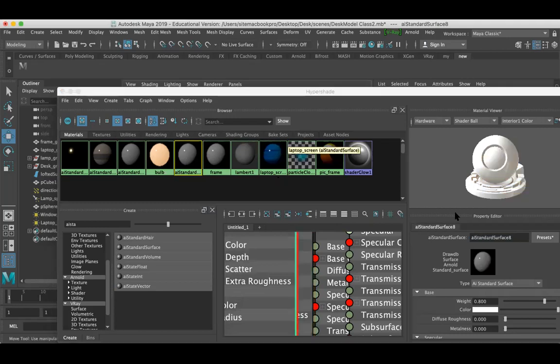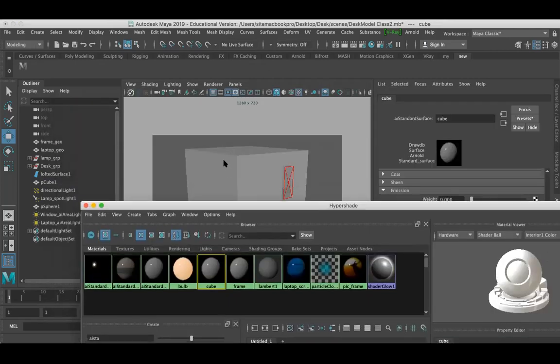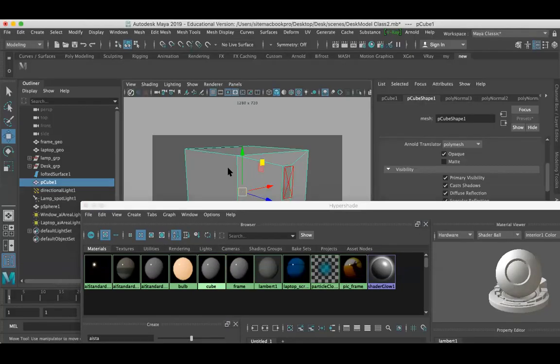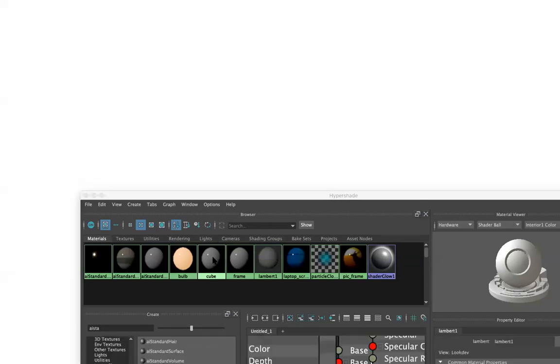So this is my new material. This is the material for the cube. Everything you have to rename, guys. Just double click, you will get a property here, rename it so you will understand it properly. So this cube material, I'm just going to apply to the cube. Select the cube, right click on the material, and select assign material to the selection.